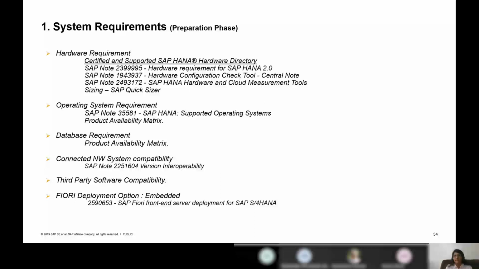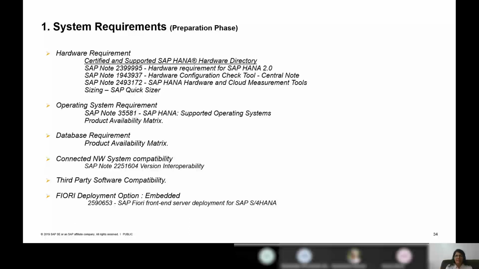How do I predict? We have a tool called SAP Quick Sizer. You can go to the Quick Sizer and input the current load which you are facing in your system. You can also choose the software 1909 and put the same load on 1909, and see what kind of hardware capacity is required. Beyond that, you can also add certain load and conclude on a hardware requirement for your project. So this is how you can take care of your hardware requirement.